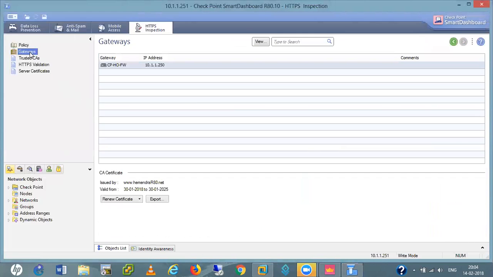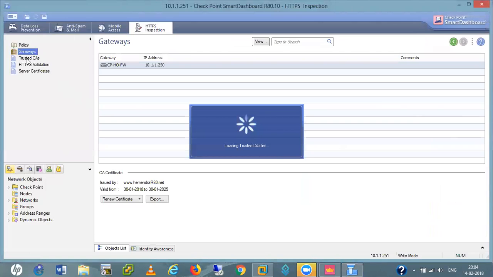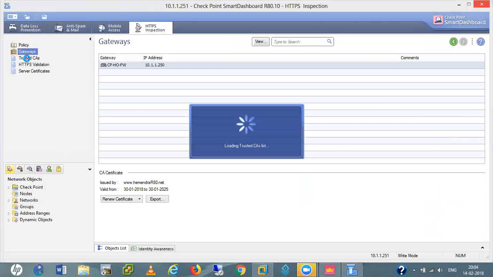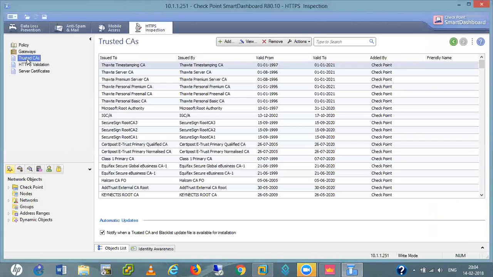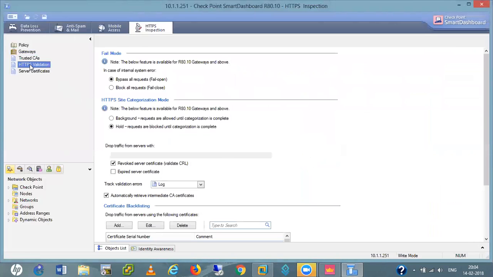In gateway, we have the gateway here in trusted CAs. These are the trusted CA HTTPS validation.